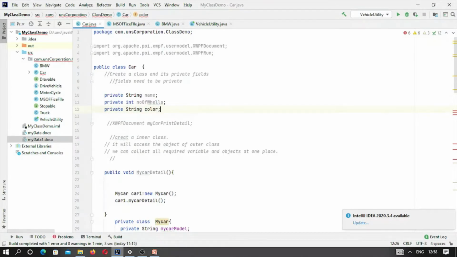So these are the three fields, and suppose we want to hide them, so that's why we have kept these fields private. And here we have to create a method.